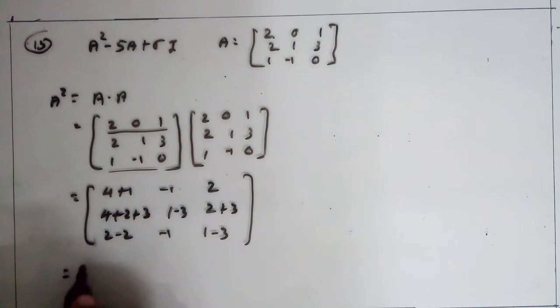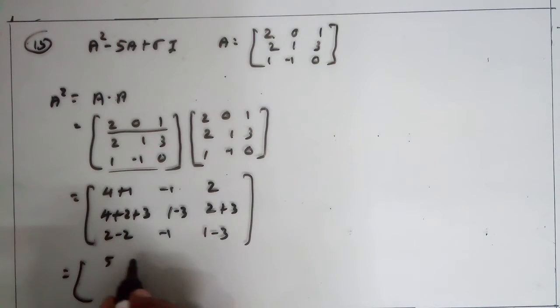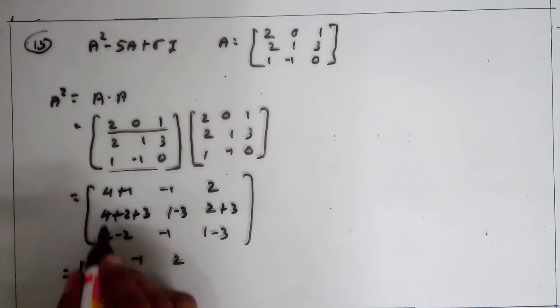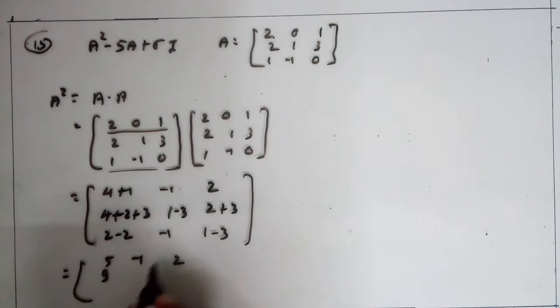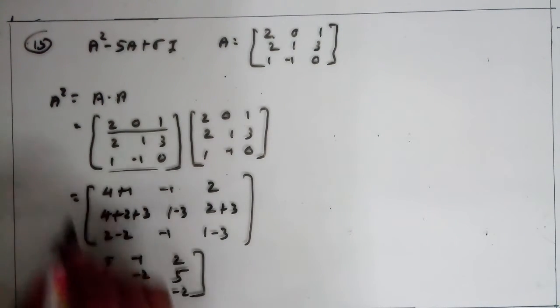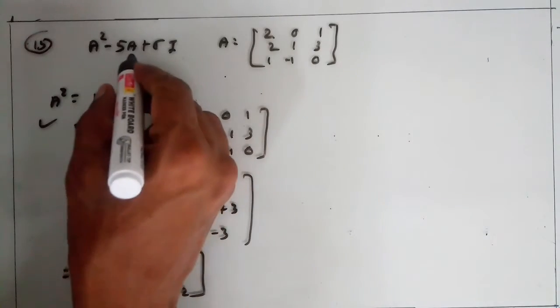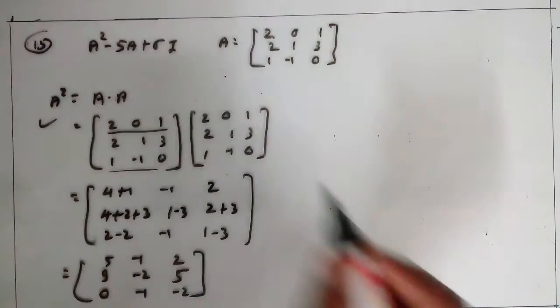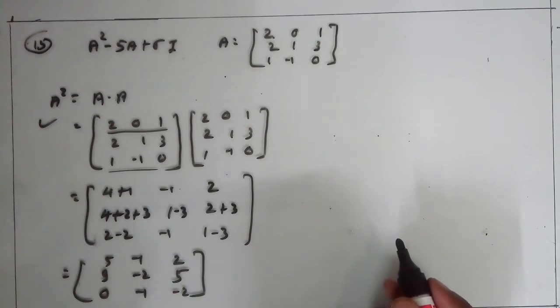Now simplify this. Here we get 5, minus 1, 2; here 9, minus 2, 5; here 0, minus 1, and minus 2. Now using X square, A and the identity matrix, we get the value of X square minus 5A